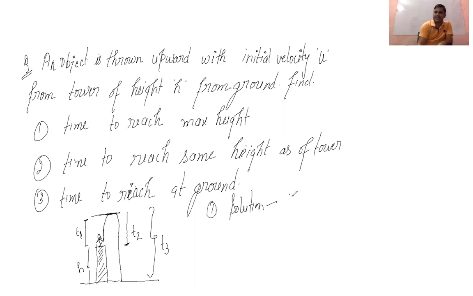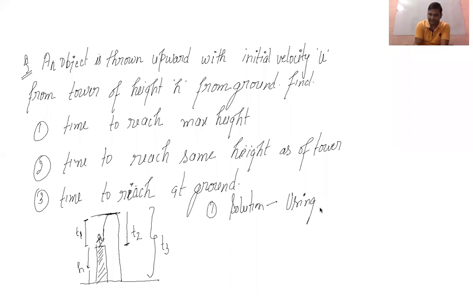So using first equation of motion, you can see while solving these questions, it is compulsory for you all to first write what quantities you have been given. You can see you have been given only two quantities, and the third will be your acceleration due to gravity. The answer will be coming only in these three terms, that is u, g, and h. You can't get the answer apart from these three physical quantities because you haven't been given any other physical quantity.